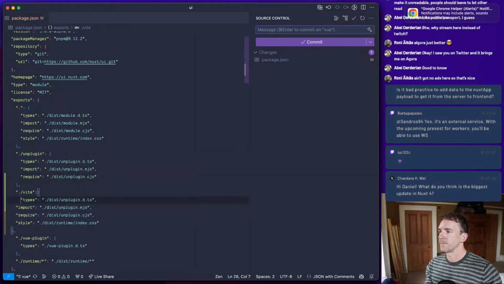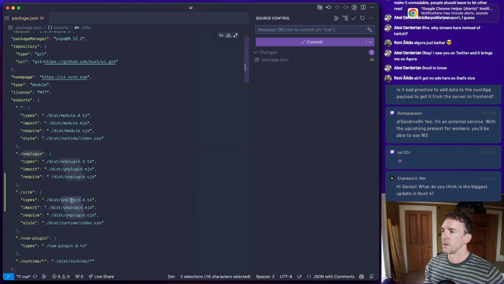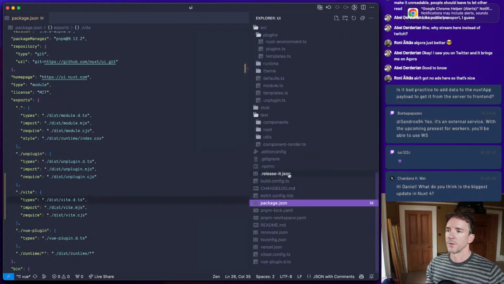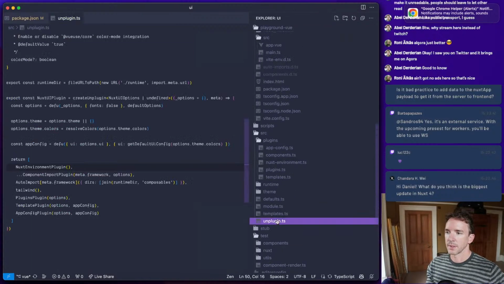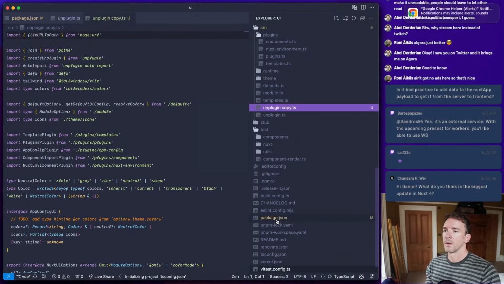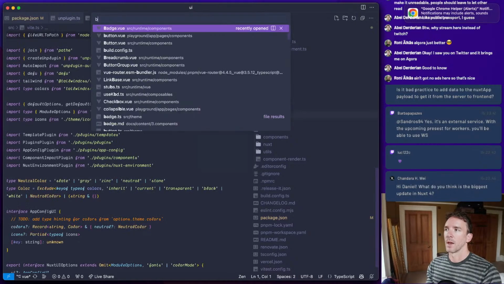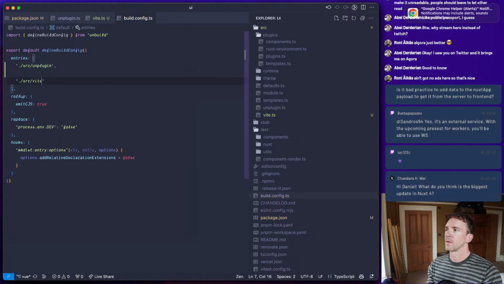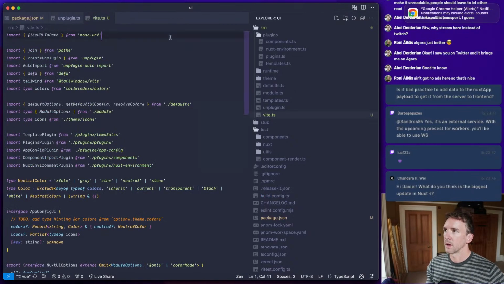Like this. And Vite, I'm going to drop this. Cool. And so we then just create this here. Vite. And we add the build config, and we also add Vite in this here. And then we export